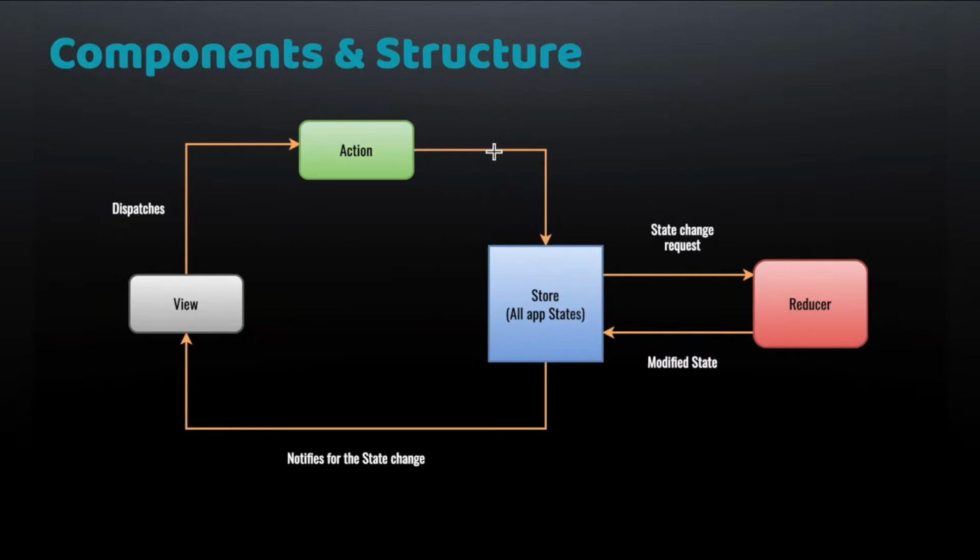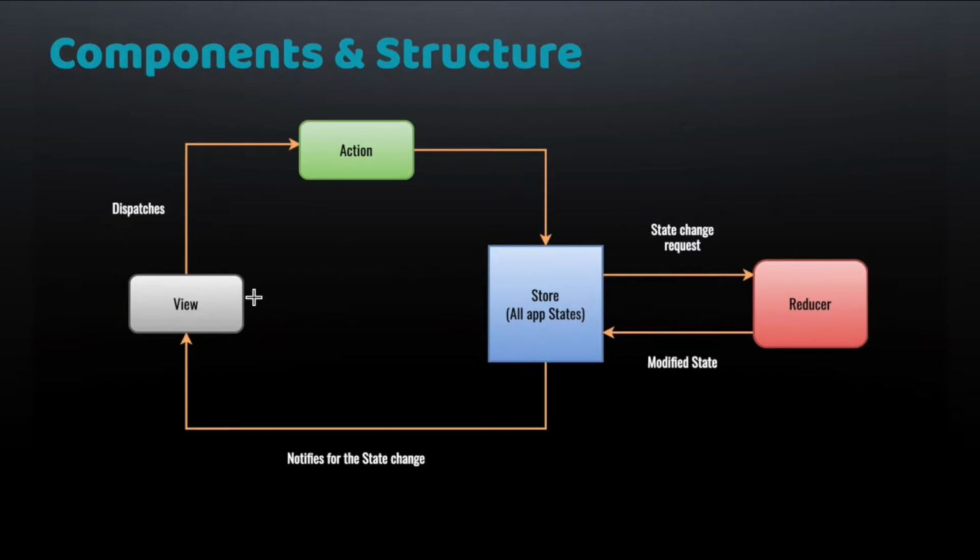And once this action reaches the store, the store asks the reducer layer to generate the new state. Once the new state is generated inside the reducer layer, it reaches the store. And here the view is continuously observing the store for any kind of state change. So the reducer is the place where the state change happens, and the store is the place from where the view receives the updated